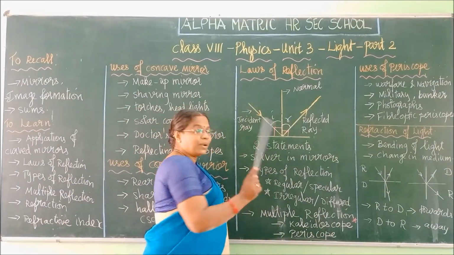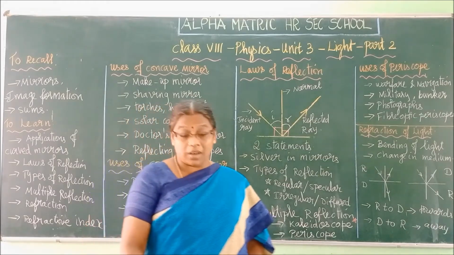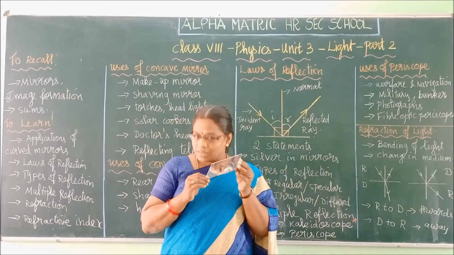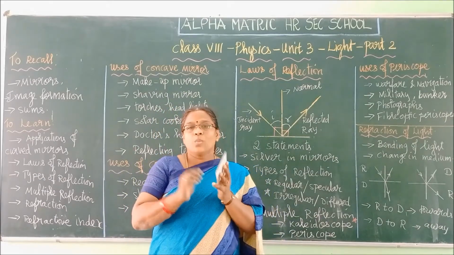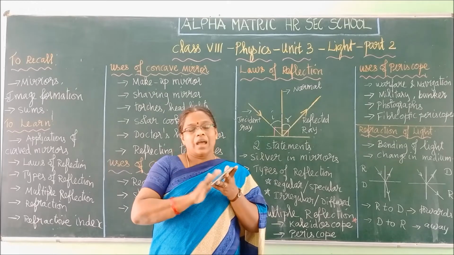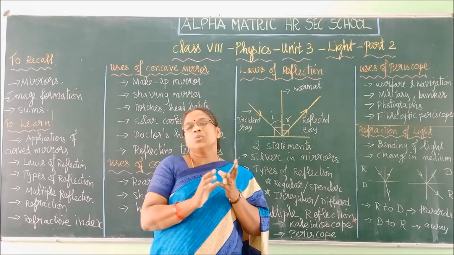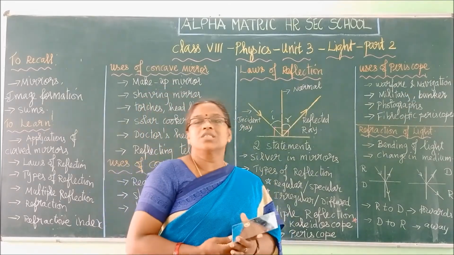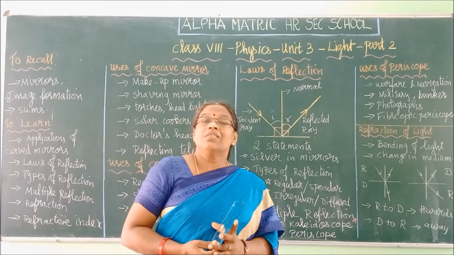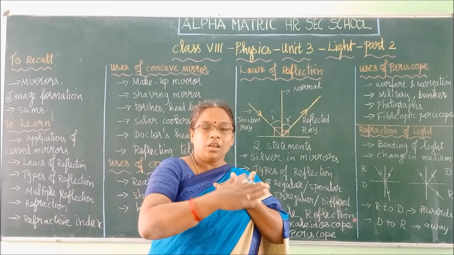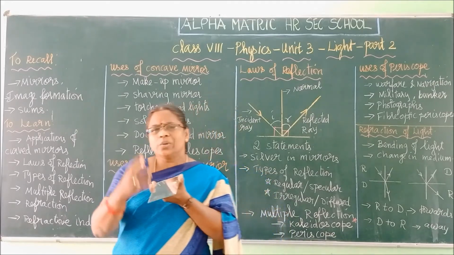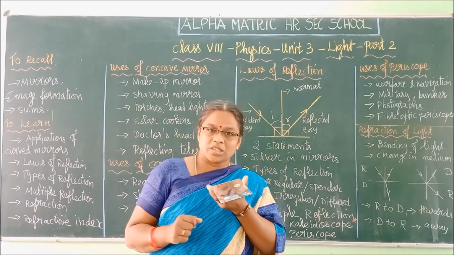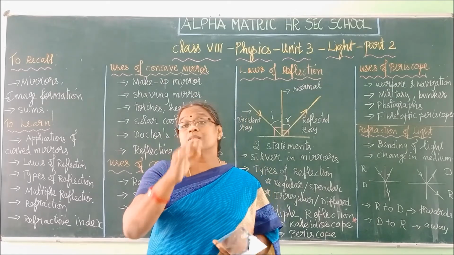Right. Now one box is given in your book. Why do we use silver? See, the plane mirror. In your previous class I told you about the plane mirror. It's just a glass plate where one side is polished with silver or aluminium, right? Now why is it polished with silver? Because silver is the best reflector. Nowadays silver is a little costlier, so to reduce the cost they mix aluminium with silver.